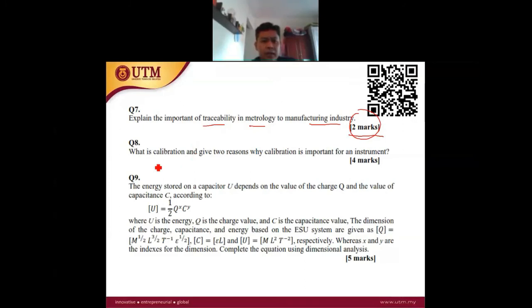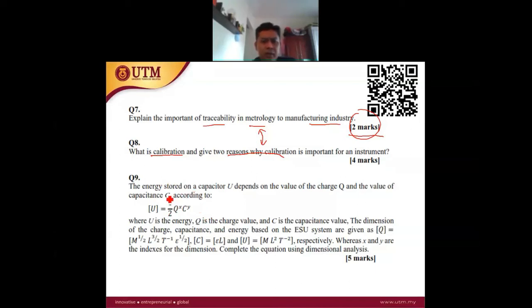Then what is calibration? You have to give the definition of calibration, and then the reason why calibration is important to an instrument. It may seem like repeating the same question above, but we'll see the answer later. And then there's a question on